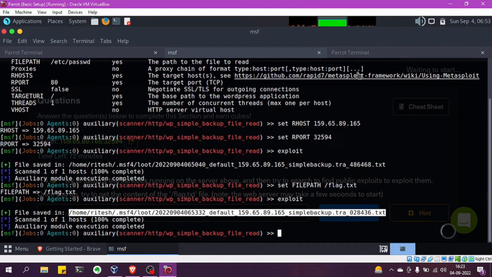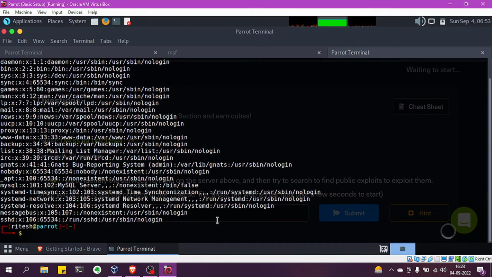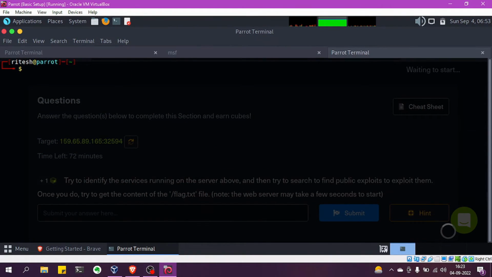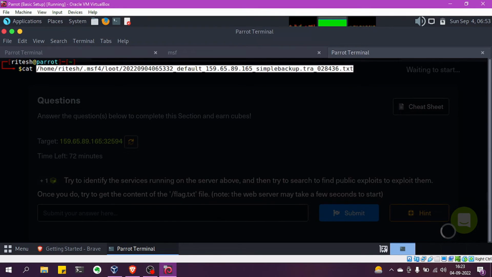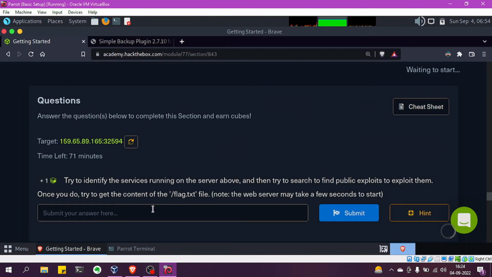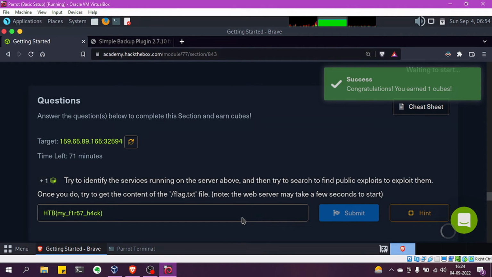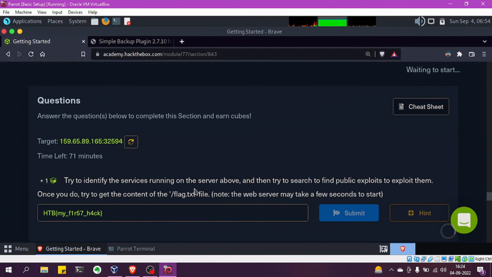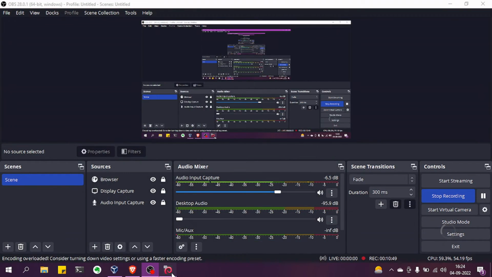Now we will copy this, go into the terminal, and again read the content of the file, and now see, we get our flag which says my first hack. So we'll copy this, paste it, submit it, and we have successfully solved the lab. But the lab is not completed yet. Why? Because now